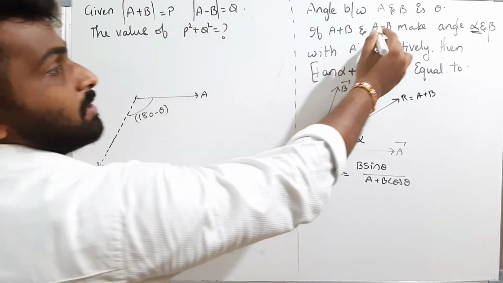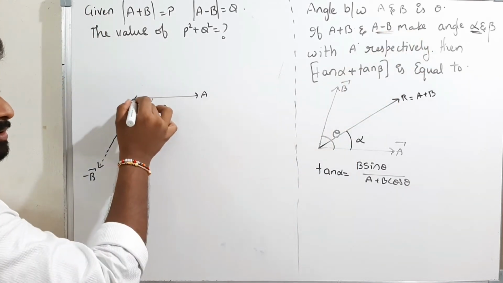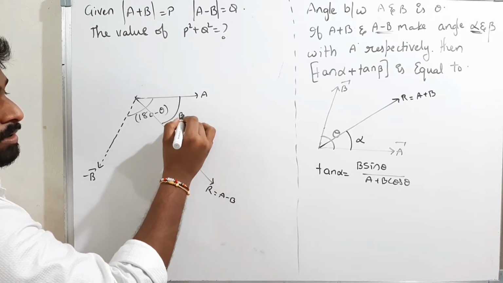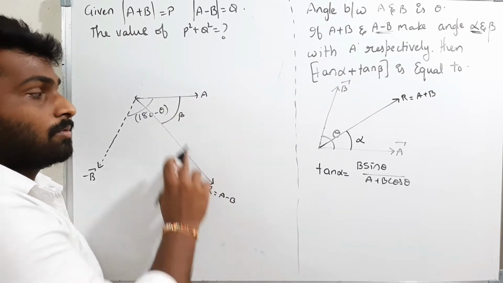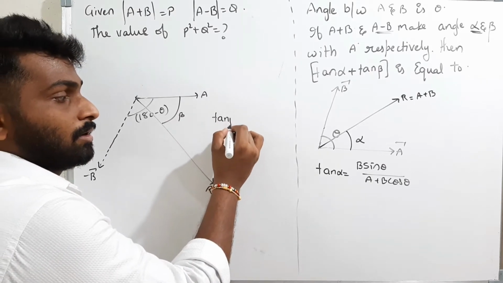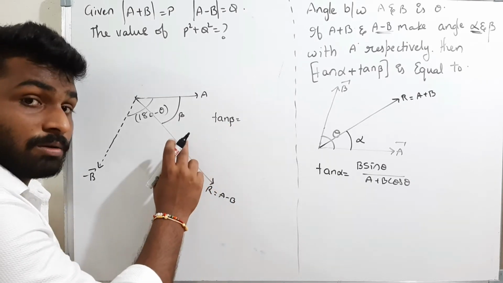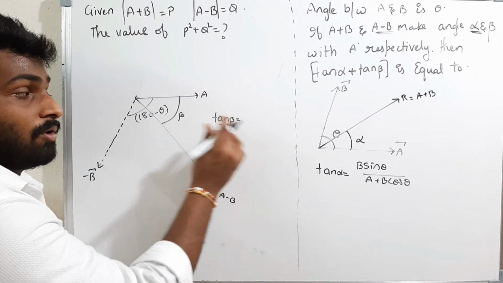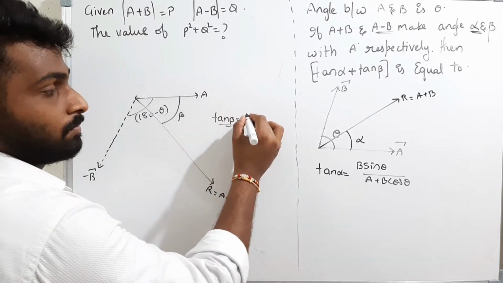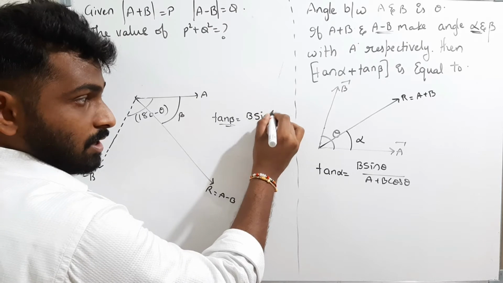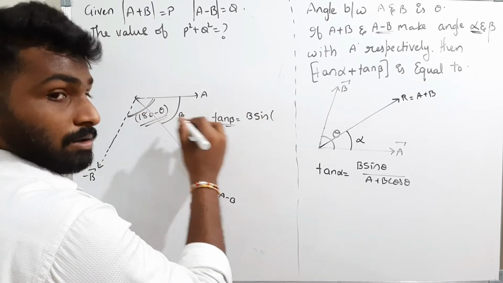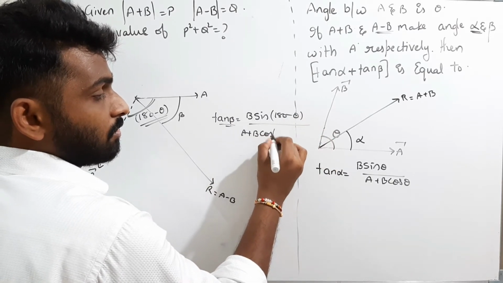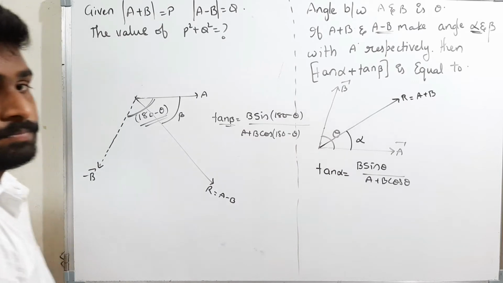Now, A minus B is nothing but the resultant of A and minus B. Therefore, this is the resultant, which is A minus B, and this is making an angle beta with the A bar. Now, how can I find this tan beta? Even this one I gave in the previous concept. Now see, tan beta, if I want to find beta, first B will come. Therefore, B sin of the angle, the angle is 180 minus theta, by A plus B cos 180 minus theta. Therefore, what will you get?